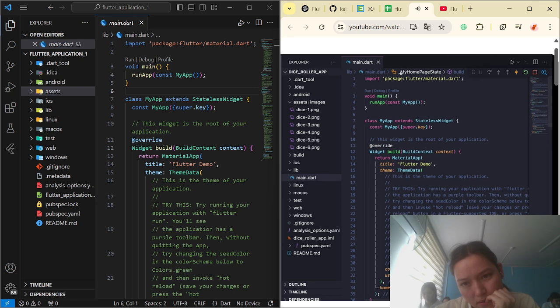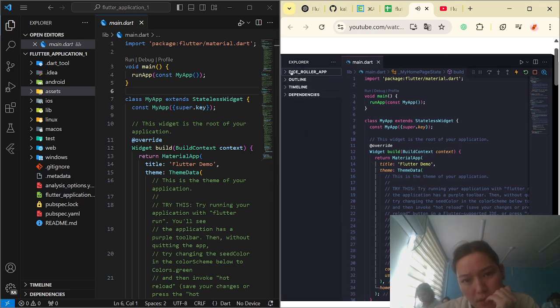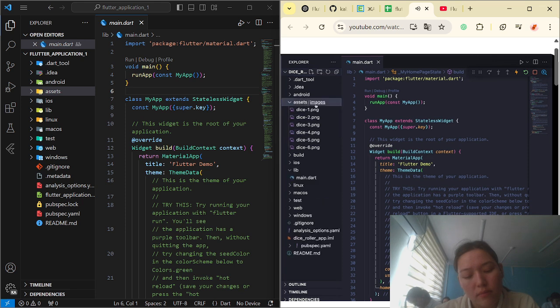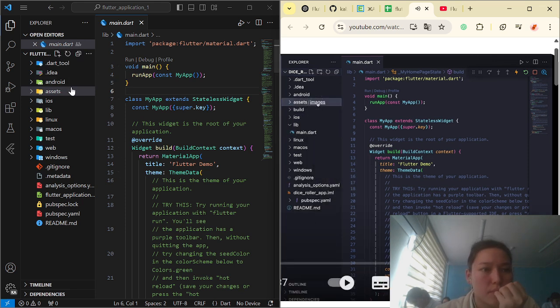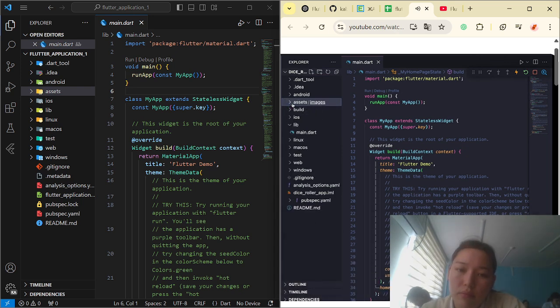I will put the source code so you can go and take these images, and also make sure to create assets inside this dice roller app folder. And inside, make sure to create images. And inside images, just put these images. And also, before we